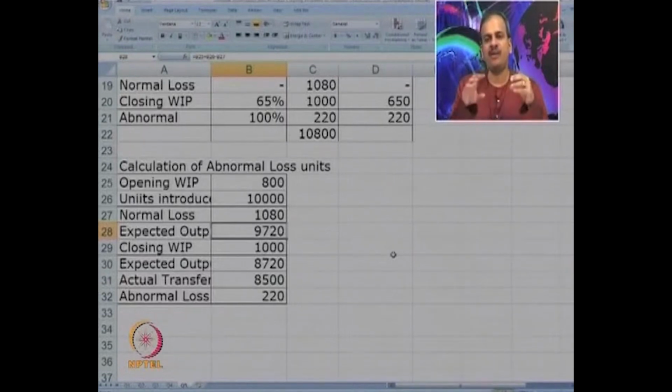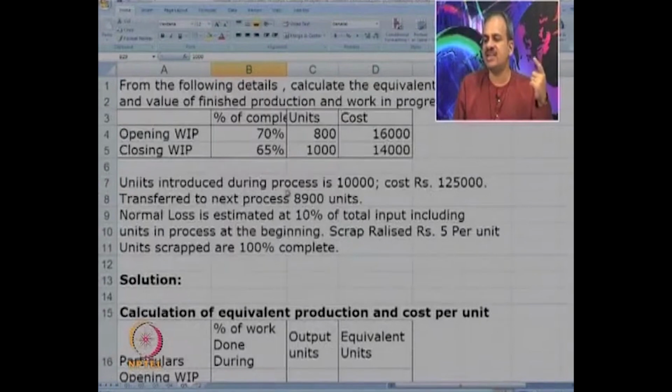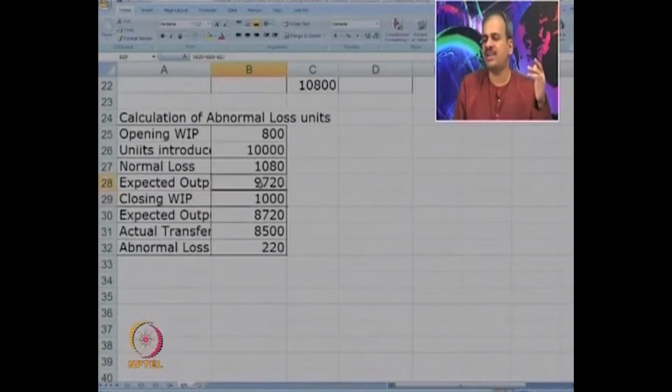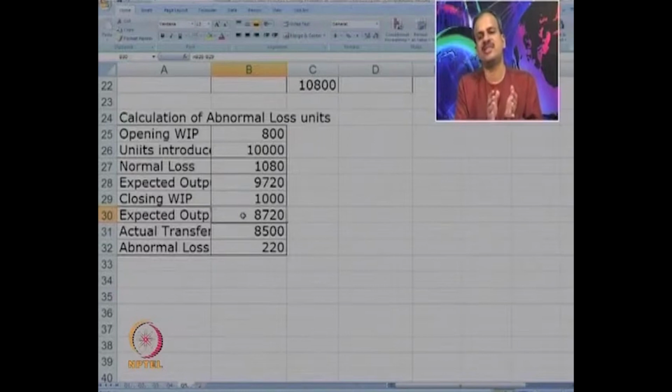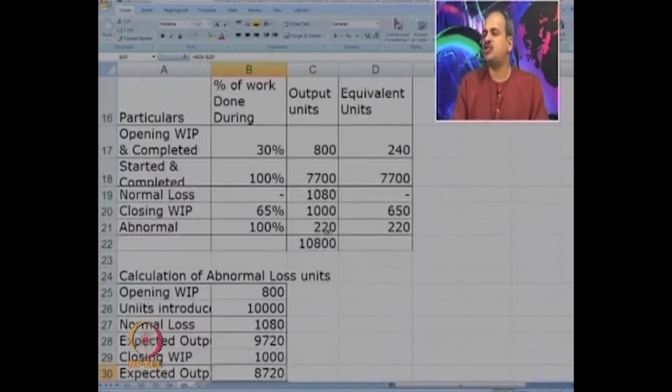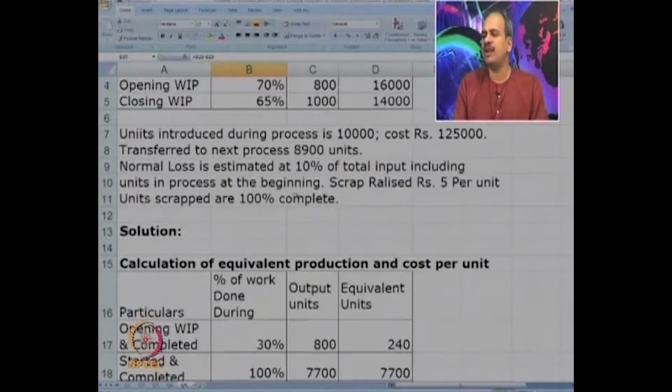If I would have fully finished that, I should have expected output of 9720. Closing work in progress, which is again given, is 1000. So out of 9720, 1000 units are incomplete. So expected output after reducing work in progress becomes 8720. So 8720 units must have been finished for transfer to next process, but actually transferred units are given to be only